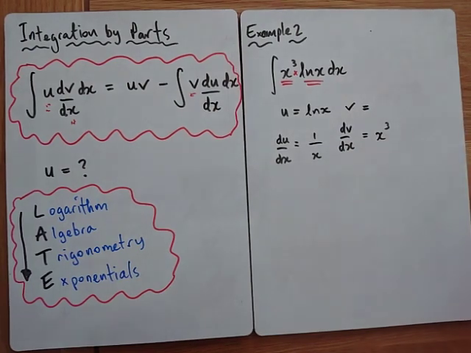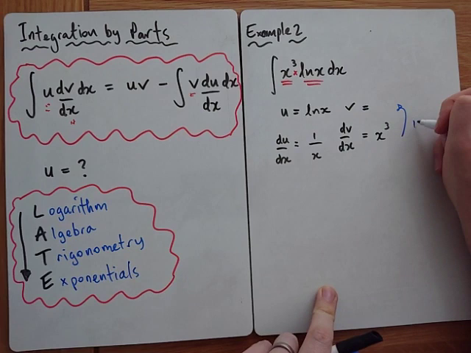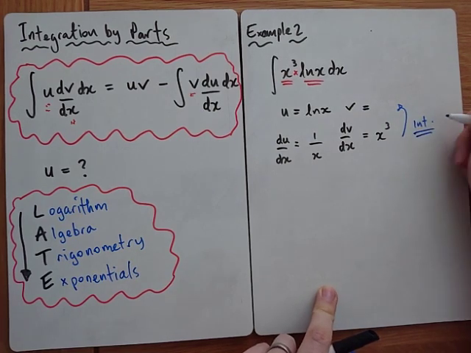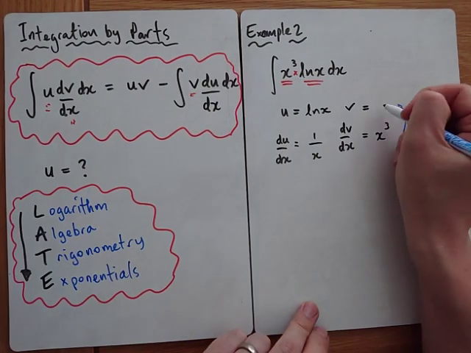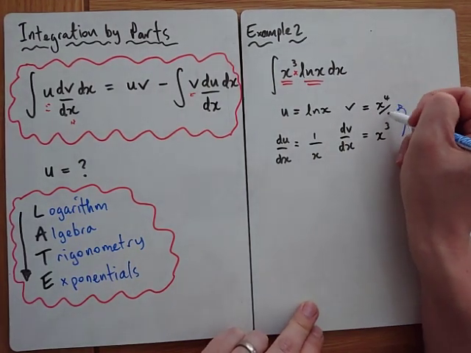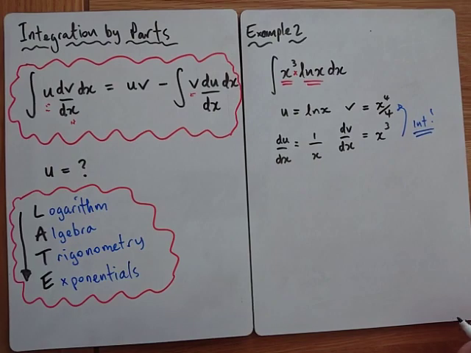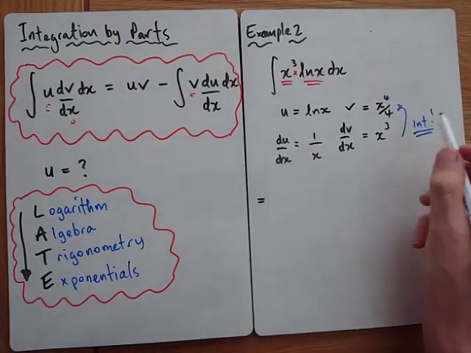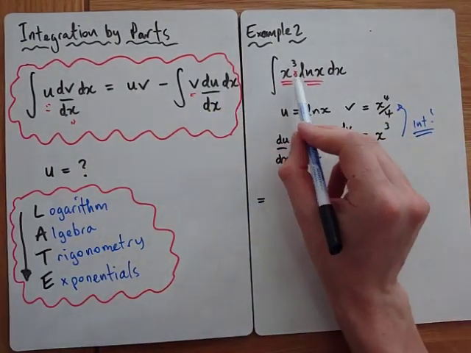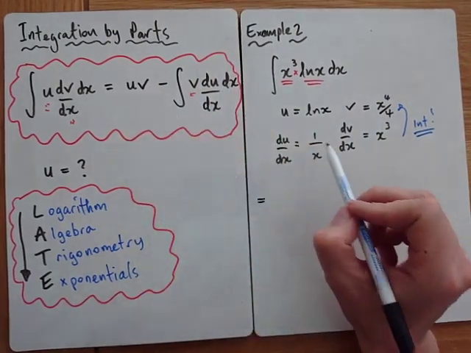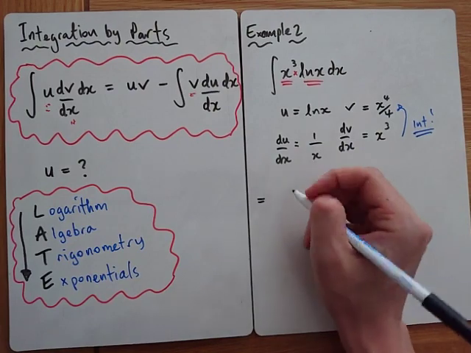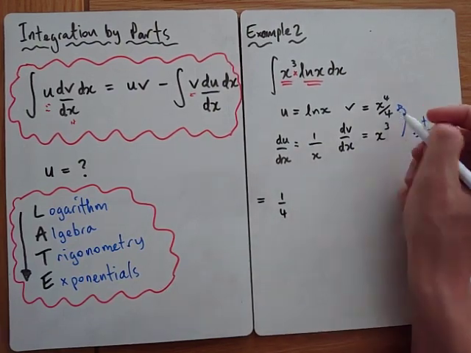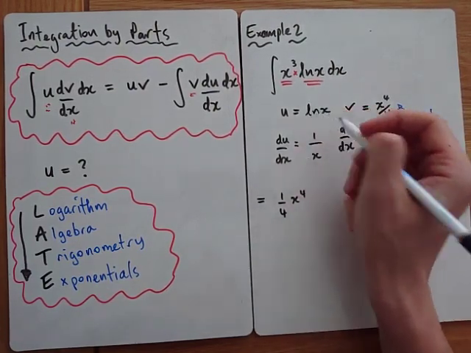So remember, when we go this way, just make sure we integrate this way. Please don't forget that. So if we integrate x cubed, we'd get x to the 4 over 4. Okay, now let's use the right hand side, because we couldn't integrate this, but we can integrate the right hand side. So we've got uv, so this times this, I'm going to write as a quarter x to the 4 ln x